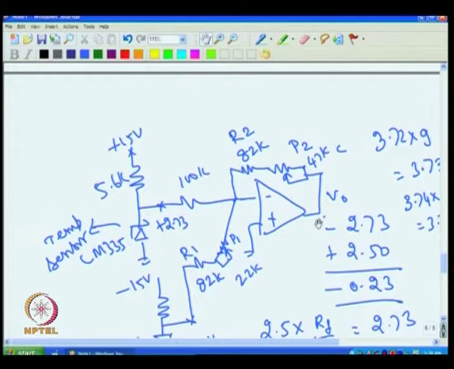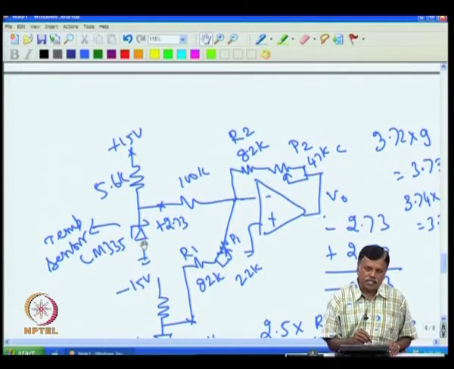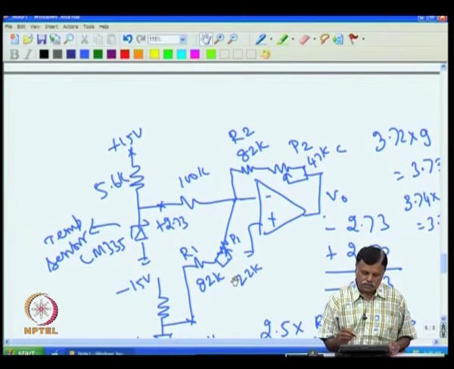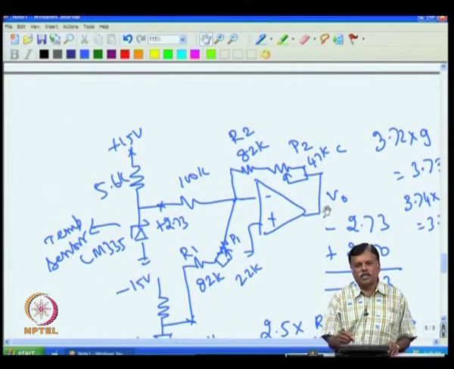To illustrate this example, I have taken this LM335 and shown you how to make a temperature indicator and how to calibrate it, how to make real world equipment. For example, the sensor may not be exactly giving you 10 millivolt per degree C, or it may not be exactly giving you 2.73 volt at 0 degree C. With all those considerations and limitations, you can get the required output. This is essential in